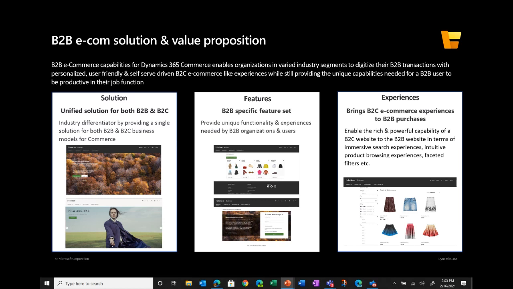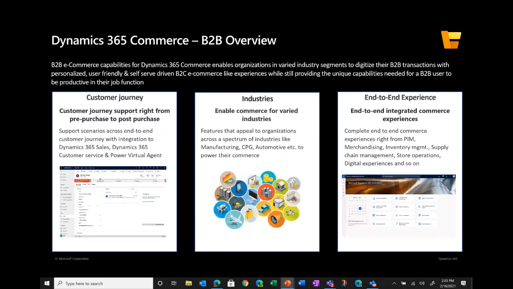By bringing together B2B and B2C e-com capabilities into a single solution, business users can gain access to the rich, intelligent, and user-friendly shopping experiences that consumers enjoy without giving up the unique needs of B2B purchases. The solution comes with a rich feature set targeted towards B2B e-com scenarios and users, and is seamlessly integrated with Dynamics 365 Sales as well as Dynamics 365 Customer Service to handle the pre-purchase and post-purchase requirements of these users.